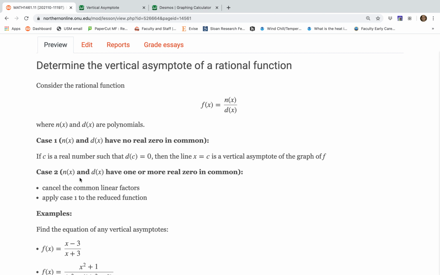If the numerator and denominator have some common real zeros, that means wherever the denominator is 0, the numerator is also 0 at exactly that location. Then just cancel out the common linear factors, which gives you those real zeros. After you cancel out the common linear factors, there will be no real zero in common, and then you can immediately apply case 1. All right,